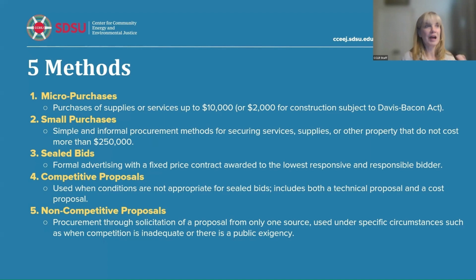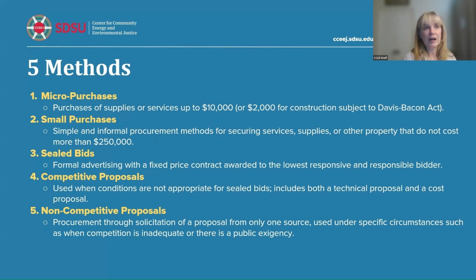These at one time all had different limits. And over the past probably 10 years, I'd say the numbers have fluctuated and changed, right? I can remember micro purchases being $3,000. Now they're up to $10,000. Small purchases are now $250,000. So sealed bids